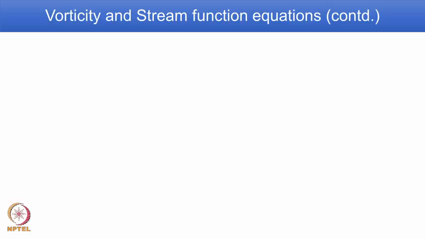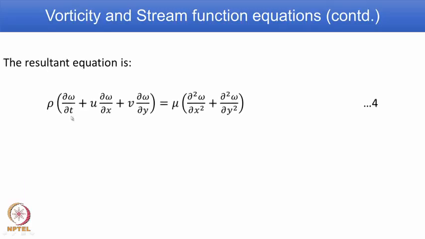So, finally, the resultant equation will look like this. The first term ∂omega/∂t we have seen in detail, u into ∂omega/∂x we have seen, and v into ∂omega/∂y you can derive. Similarly, you can repeat that exercise on the right hand side and you get an equation like this. So, if you look at this equation,